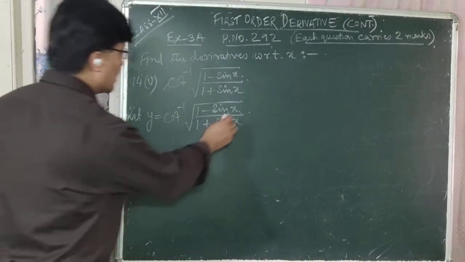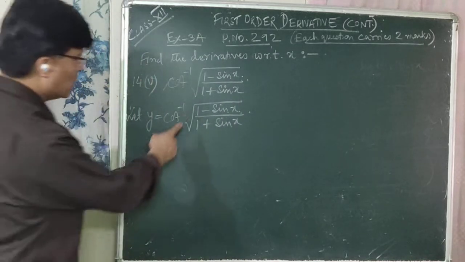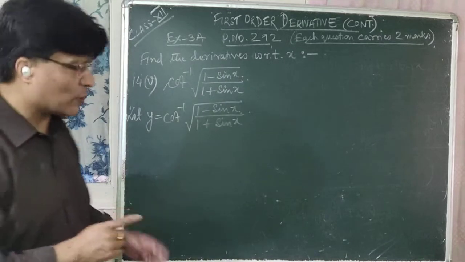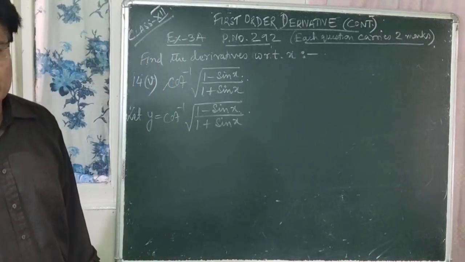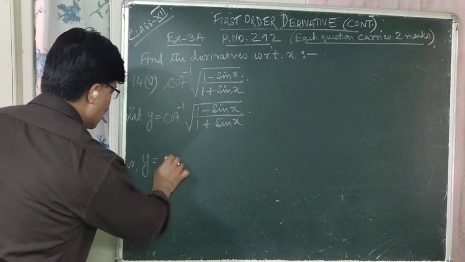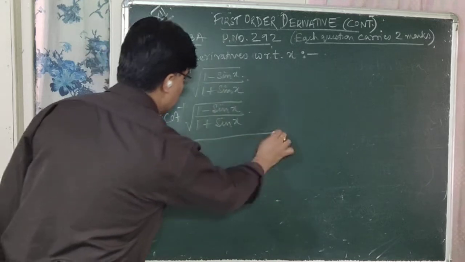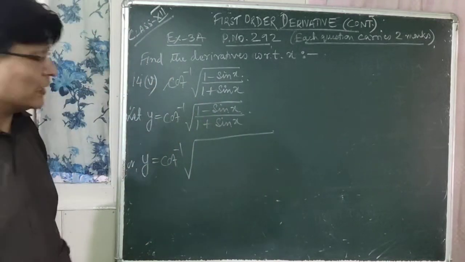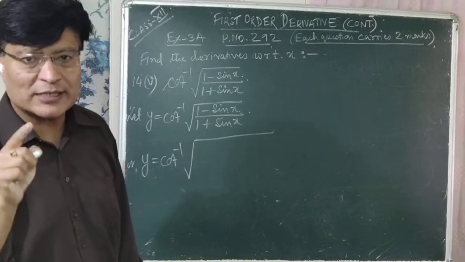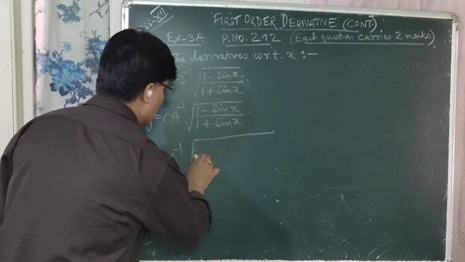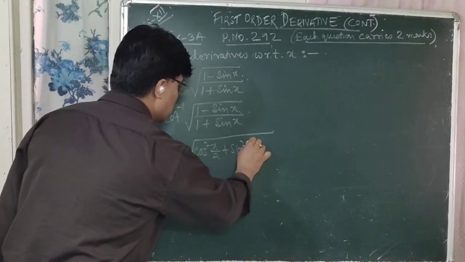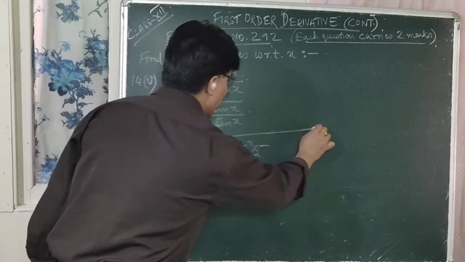So let us simplify the expression under the square root. That is 1 minus sin x upon 1 plus sin x. If you remove the square root, then it will be easier for you to simplify it, isn't it? So let us use the formula now. So y is equal to cot inverse within the square root. Now you know the formula from submultiple angles. What is the formula for sin x? It is 2 sin x by 2 cos x by 2, right? So instead of 1, what will you write? Cos square x by 2 plus sin square x by 2 minus